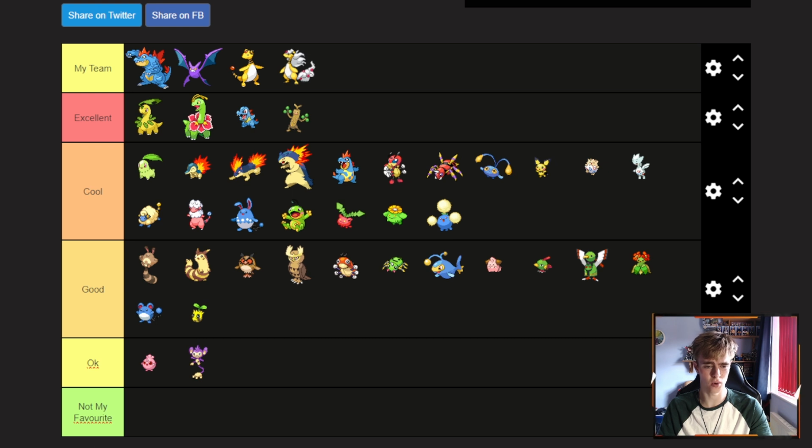Sunkern's pretty cool. Not that great, but Sunflora I really like. I think Sunflora is a pretty iconic Pokemon. Certainly one I've got a lot of fondness for. Yanma, again, another one of those Pokemon that, unless they got an evolution, like Gen 4 saved so many Gen 2 Pokemon. So many Gen 2 Pokemon. We've got Murkrow and Misdreavus down there. We'll get onto that in a sec, but